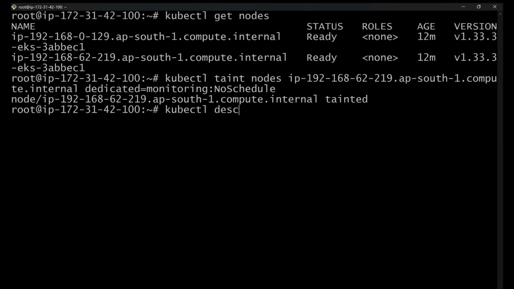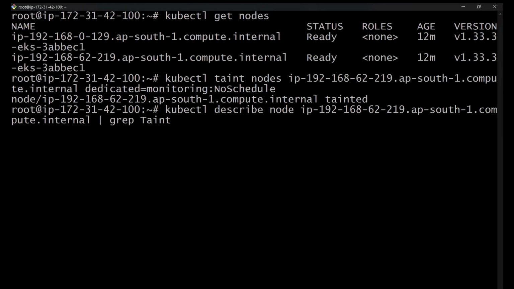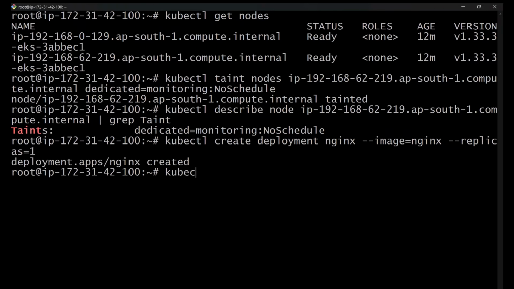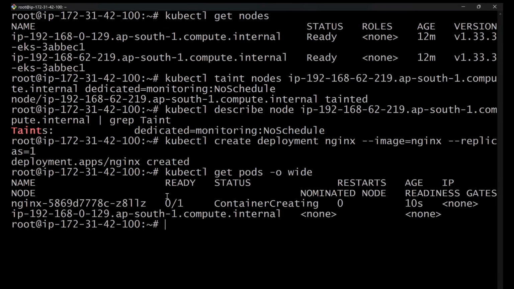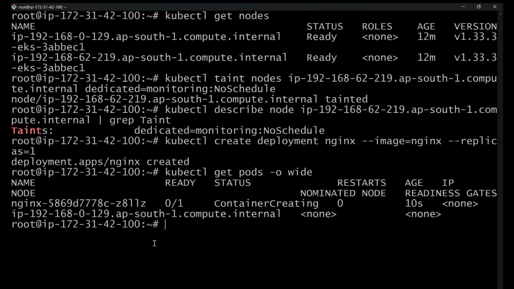Next I verify whether the taint was applied by running kubectl describe node and the node name. As you can see, the taint is successfully created on the second node. Now I will deploy a normal Nginx pod and check where it gets scheduled. Once the pod is created, if you check the pod details, you will see that it is running on the first node. This happens because the Nginx pod doesn't have any tolerations for the taint on node 2, so it